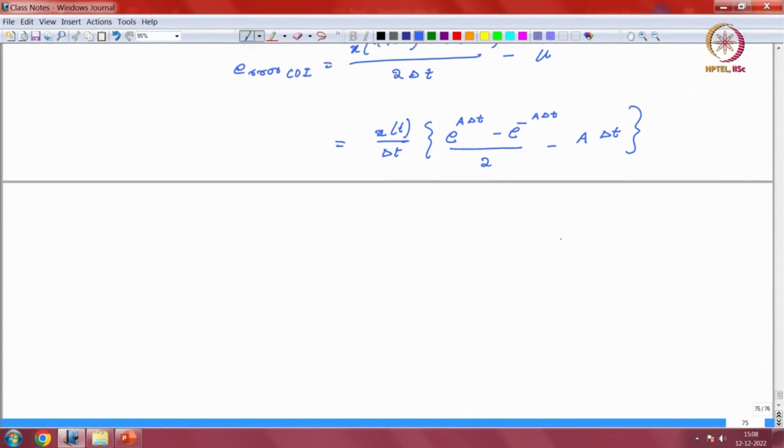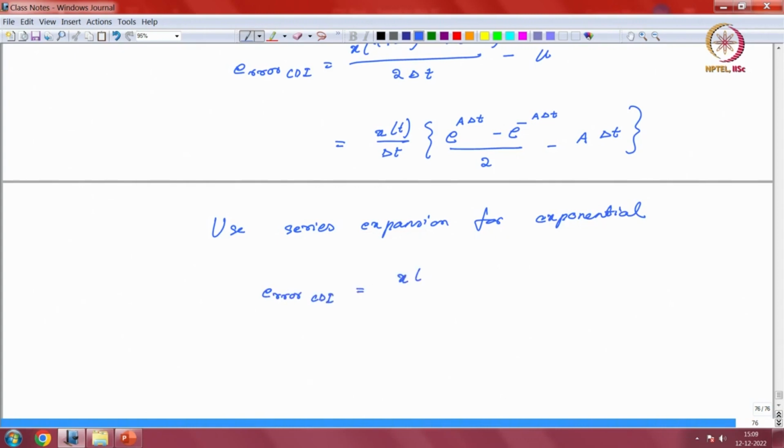So if you go ahead and evaluate this expression, if you evaluate these two again using the series solution, so use the series expansion for exponential, and you get the error